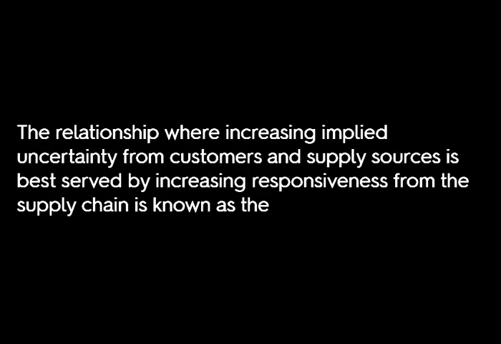A graph with two axes with implied uncertainty along the horizontal axis and responsiveness along the vertical axis is referred to as the uncertainty responsiveness map. The relationship where increasing implied uncertainty from customers and supply sources is best served by increasing responsiveness from the supply chain is known as the